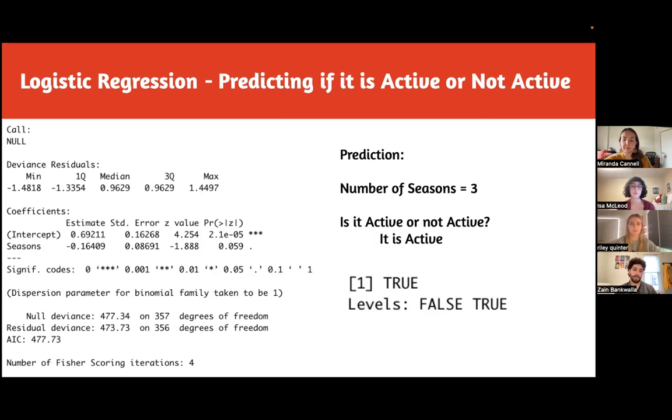We tested if the show had 3 seasons, would it be active or inactive? And our model predicted active to be true. The data proved that the more seasons a show has, the more likely it is to remain active. And for every percent increase in a season, the likelihood that the show will be active will increase by 84%.